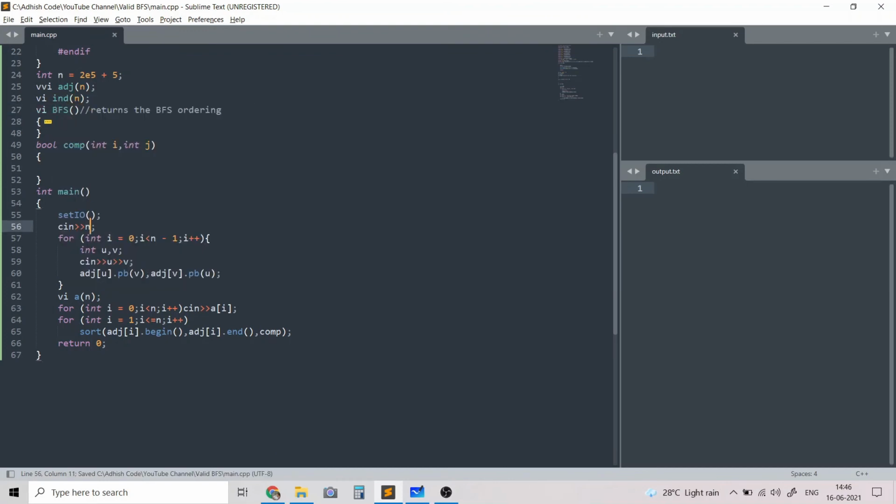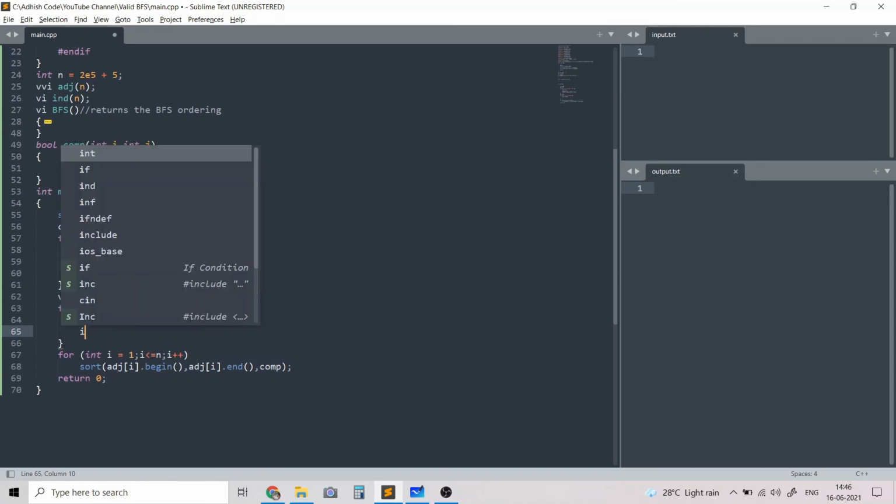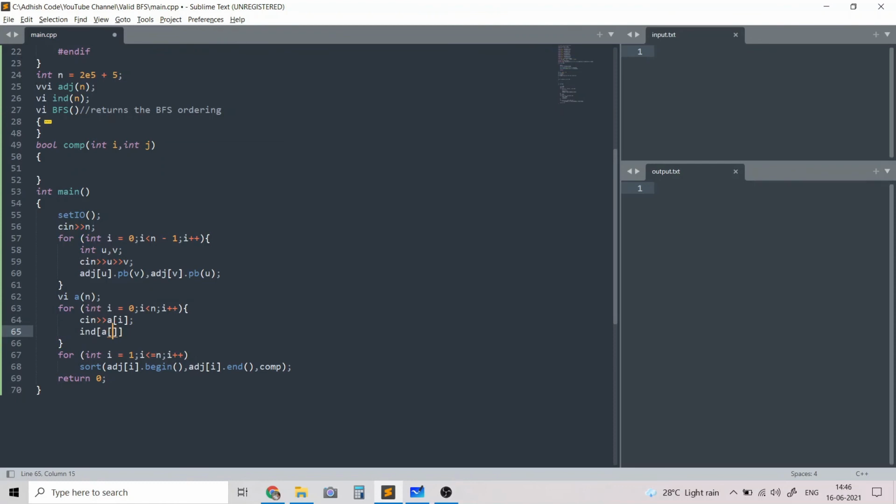The indices array will store the position of each element in A. So index of A of I will be I, because A of I occurs at position I. That takes care of the comparator because we just need to return index of I is less than index of j.